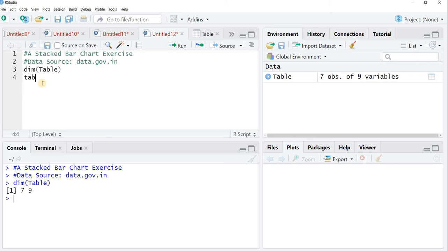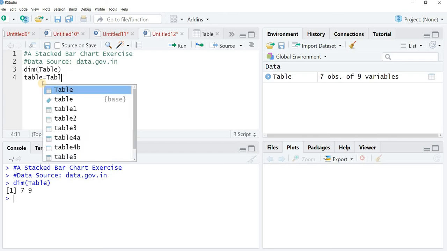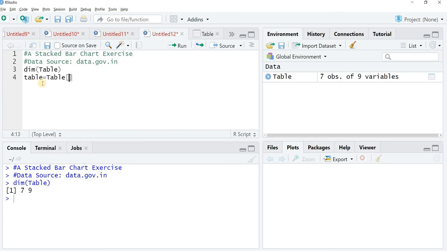So I would rename table is equal to, just take your table, the original data, and use these square brackets. And I would just take 1:6, comma, 1:8. Now what happens, the new object that I use, tables, you can see over here, the new object has 1 row less and 1 column less.